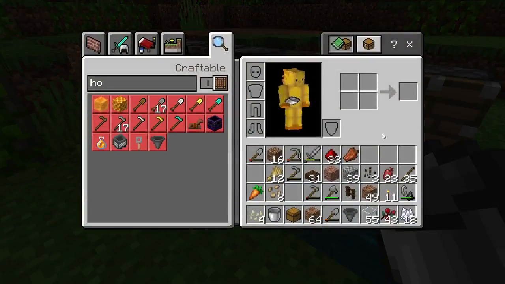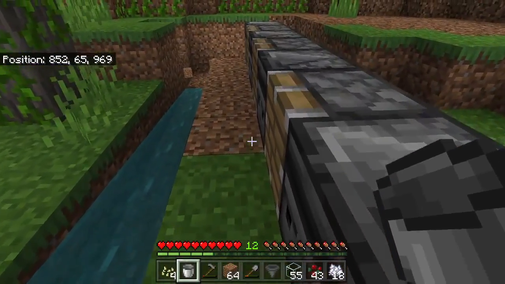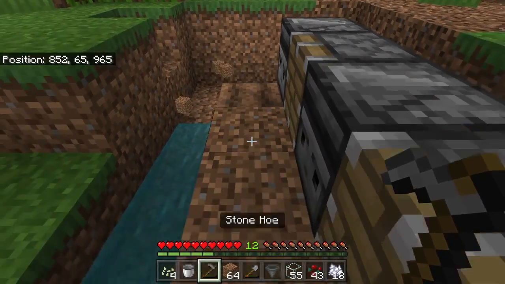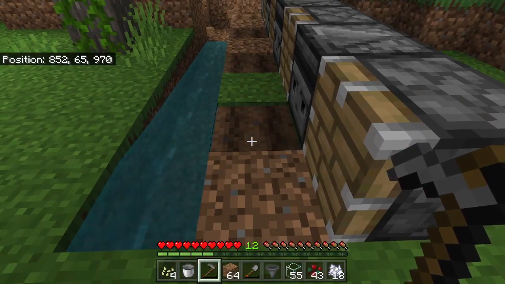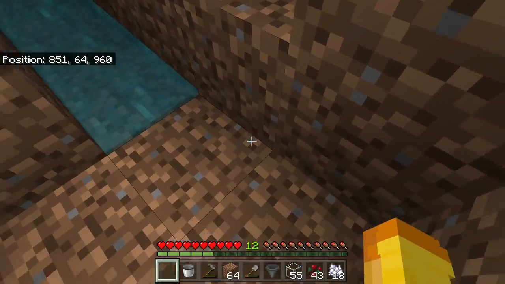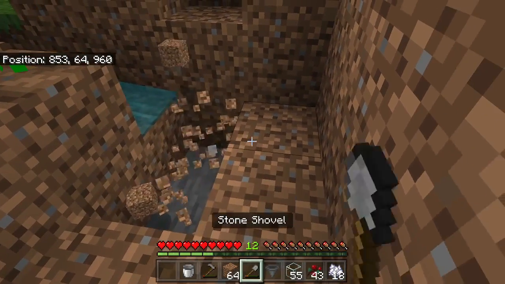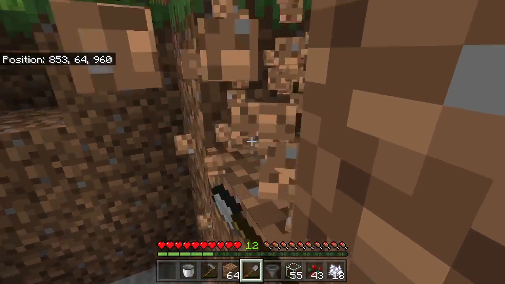Let's go ahead and till this. So let's just till everything. So we just need to till this one, this one, this one, and this one. And let's go ahead and just plant our pumpkin seeds. And then what we're going to do is dig down right here again. And what we're going to do is go ahead and place our